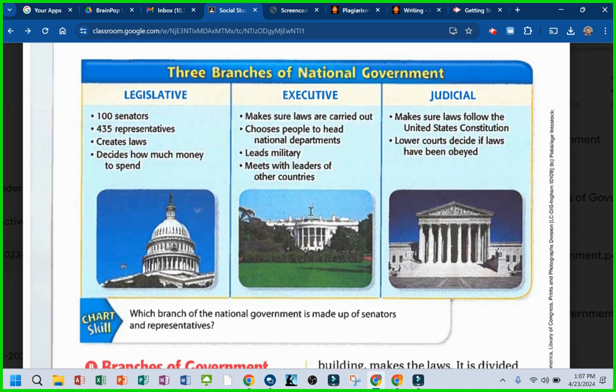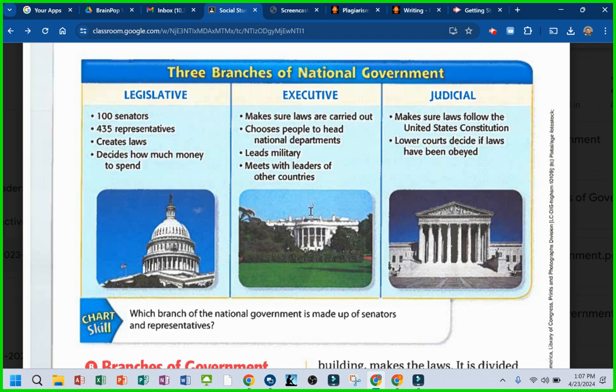All right, so we talked about this. I front loaded with this. There are how many branches of government? How many? Everyone, say it. We have three branches of our national government. The first is the legislative branch. They make the laws. There's 100 senators and 435 representatives in the House, right? So you'll hear on the news, the Senate and the House, right? The Senate has 100 people representing it, and the House of Representatives has 435.